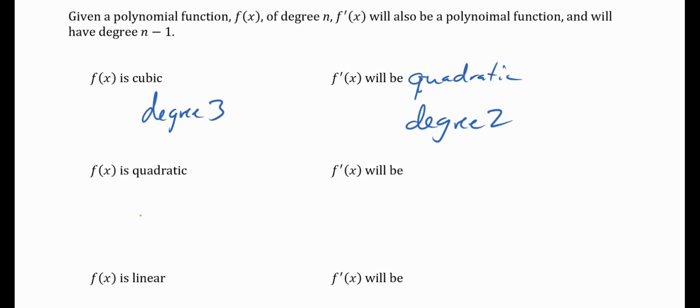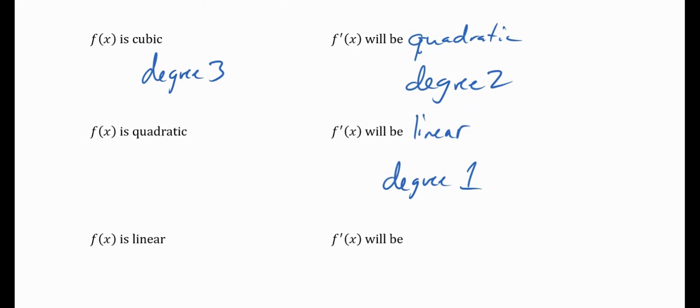If f(x) is quadratic, so degree 2, f prime will be, what's it called? Linear. Degree 1. If f(x) is linear, so degree 1, f prime will be,